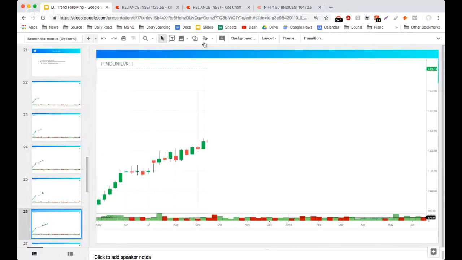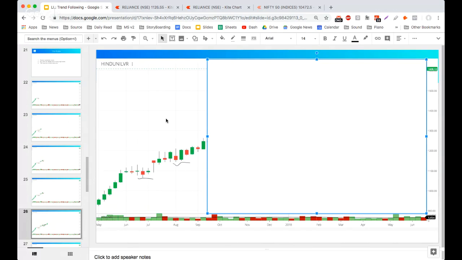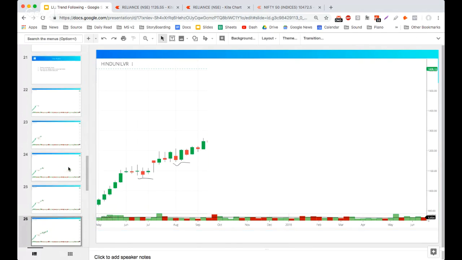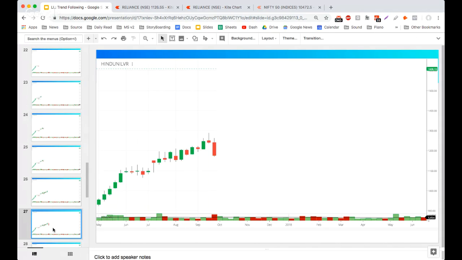So that's your entry. Sorry, your initial stop loss was here. And then you move the stop loss here. And as you can see, the markets moved up a little bit. You were just holding. If the markets reverse, it's a loss trade. Markets went down and went up again. Perfect. So we went from our stop loss from here, and we can move the stop loss to here, and then we can move the stop loss to here.